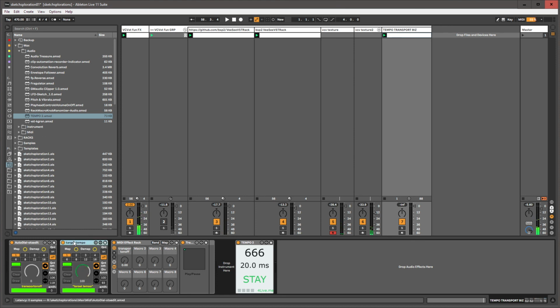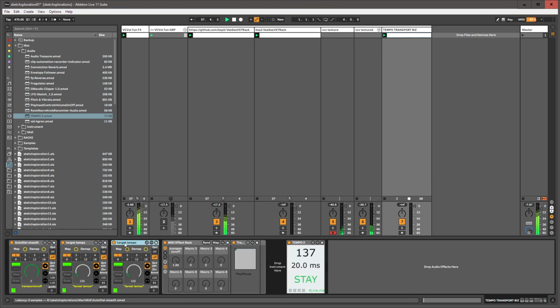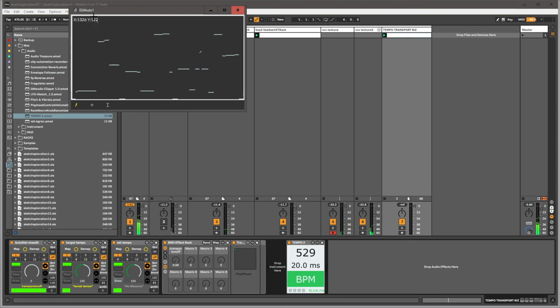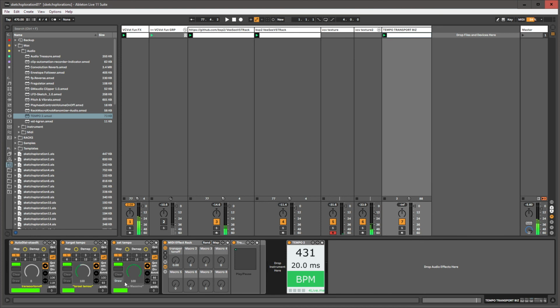Target tempo, and then this will be set tempo. Demap that. And we just need on and off for this one, really. I think we can adjust this without messing up our